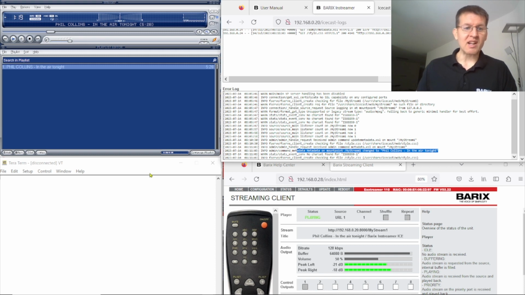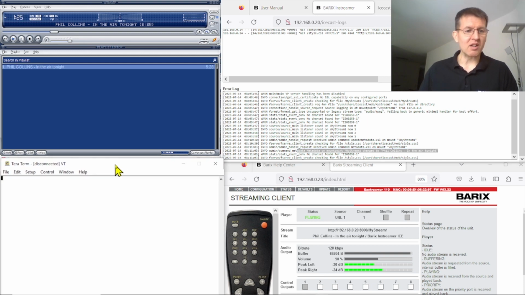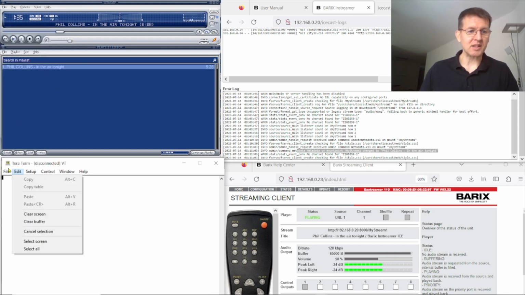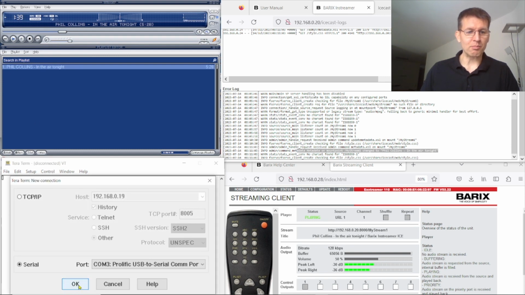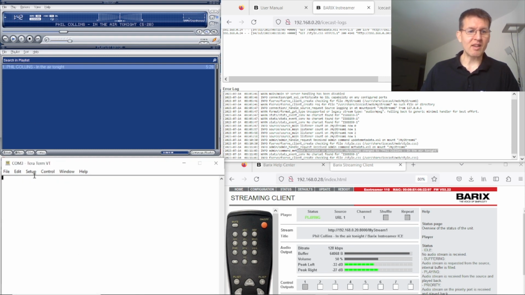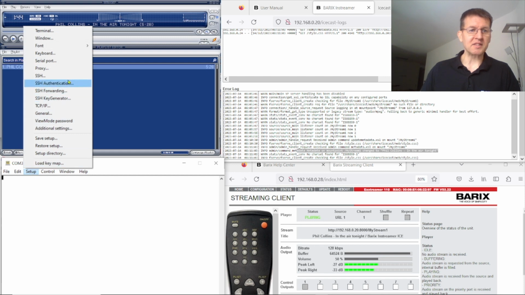Okay, we have also seen it is possible over RS-232. Here I have an RS-232 console. My laptop is connected via serial to my InStreamer ICE, and now I connect the terminal application here on COM port 3. I set the serial speed.